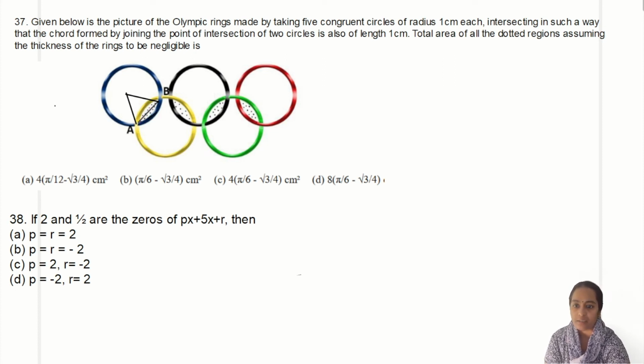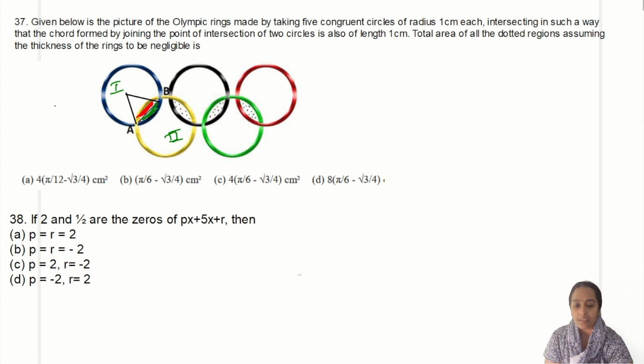I'll shade it in a different color. I'm using a green color here. So this is the area of the segment for this first circle. So when I look at the second circle, the area of the segment is going to be, I'll shade it in a different color, children, this portion, the red color portion. So I have 2 segment regions there.